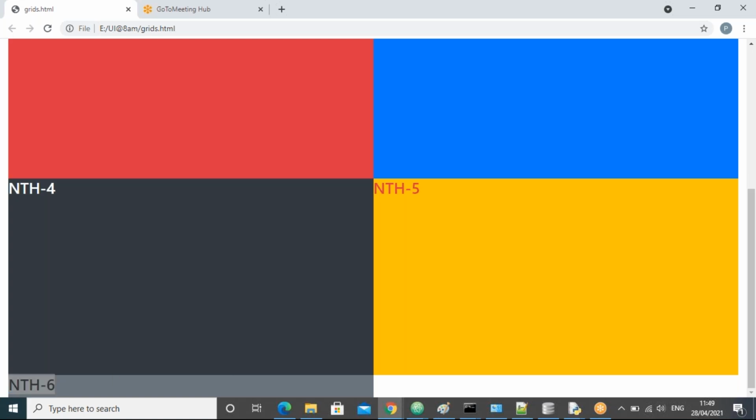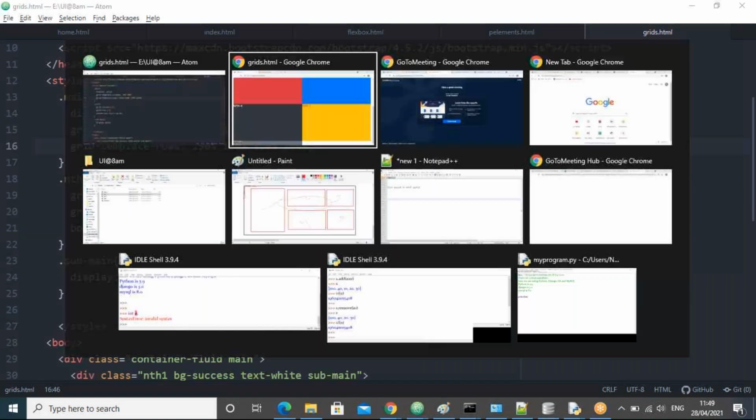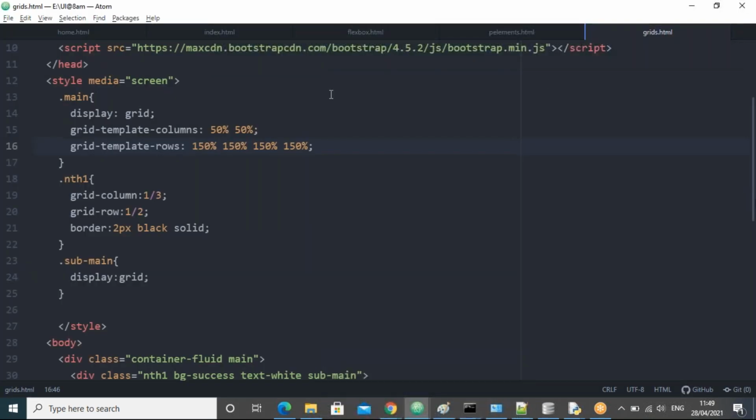Row 4, guys. But if you observe, how many rows are you taking here? 3 rows only, guys, right? Row 1, row 2, row 3 only. If you take again 150, then it is the 4th row, guys. It is for the 4th row. We save this one. Let's go there. Let's refresh here. Yes, guys, you can see, right? The 4th row is also coming with the same size, guys. Same size. Okay. I'll take, guys, less size. We'll take a little bit small size.